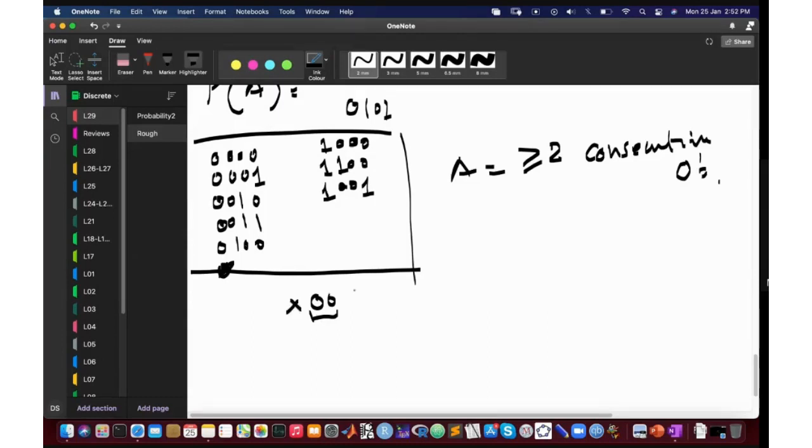X and Y. I don't care what they are. Okay. For X and Y, the number of choices I have is 4. 2 times 2, right? For X I have 2 options. For Y, 2 options. Right? Okay. And now I can have